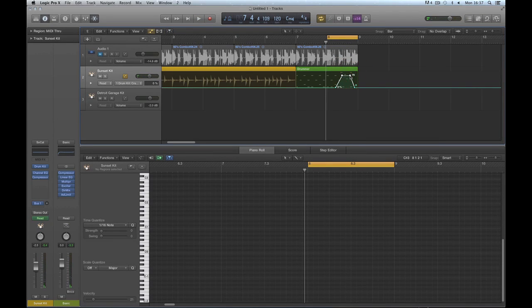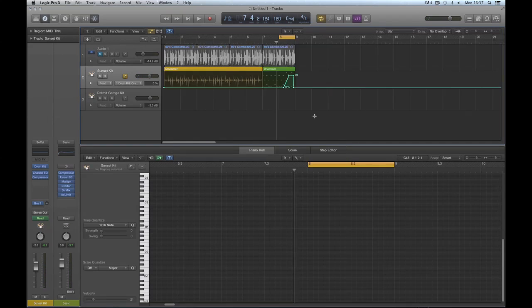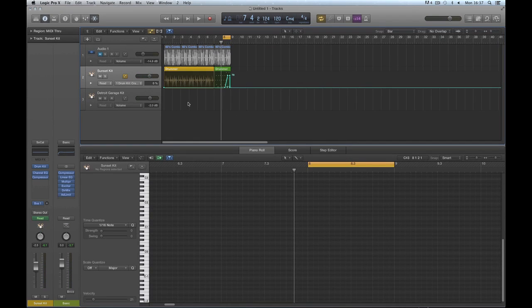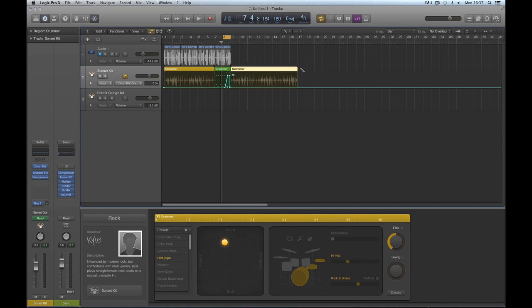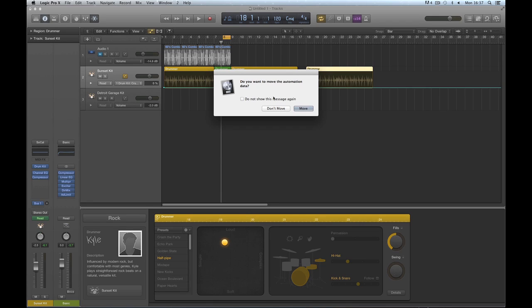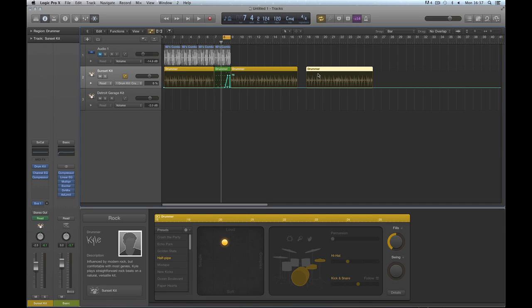except we need to move this across a bit like that. Okay, now you can do it like that and leave the track automation here on the track, but the trouble is then if you go on to make more parts to your drummer track and you start moving things around, because there's some track automation here, if you move a region up here, you get this whole bloody thing about do you want to move the automation? It drives you insane. Okay? It drives you nuts. So what you do is,